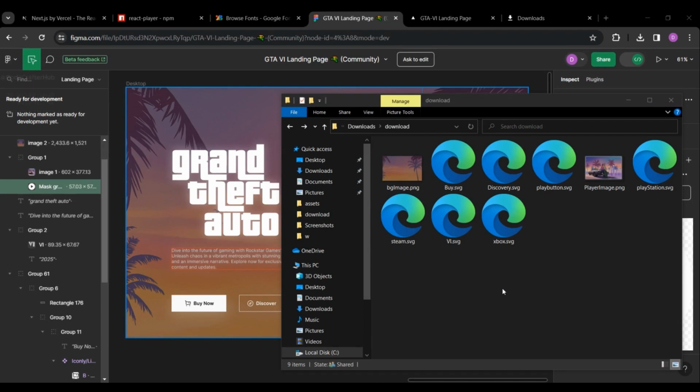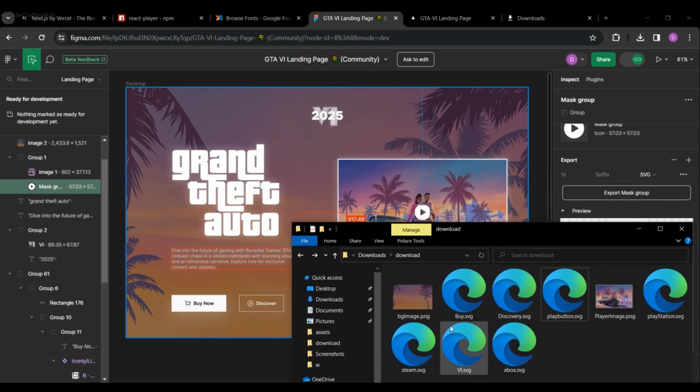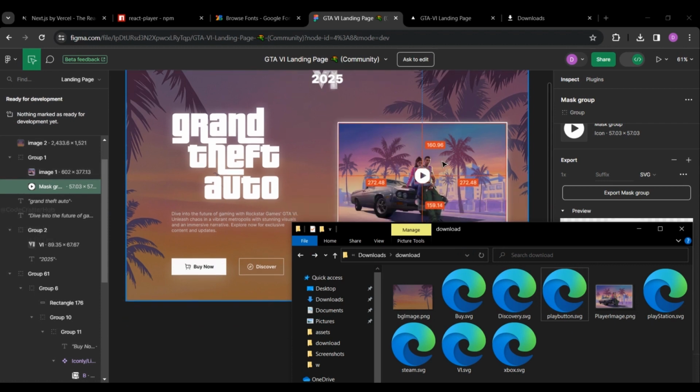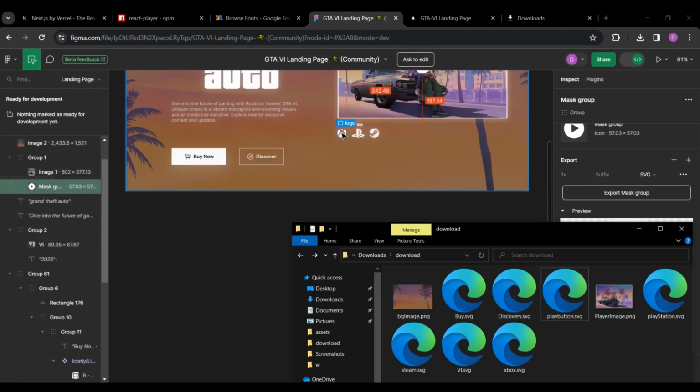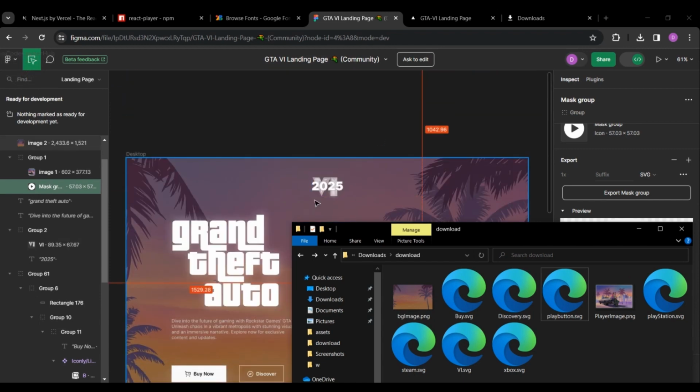Here you can see I have exported this background image, this buy icon and this discover icon. After that, this player play button and player background image, and this Xbox icon, this PlayStation icon and this Steam icon, and finally I have exported this 6